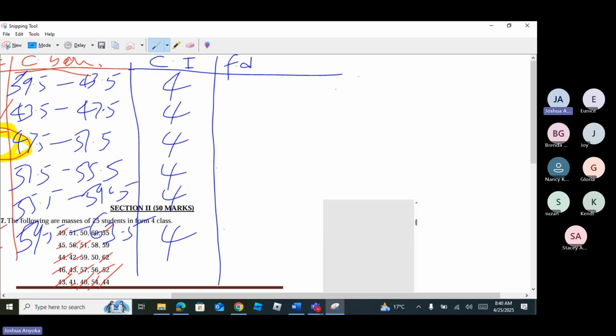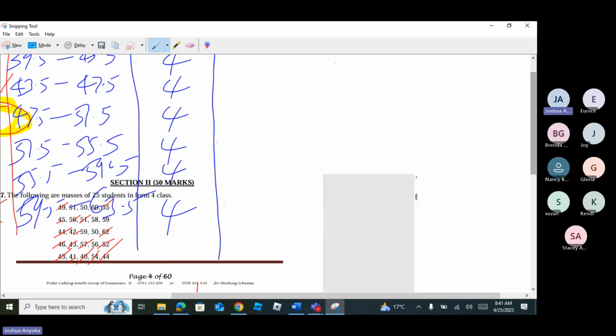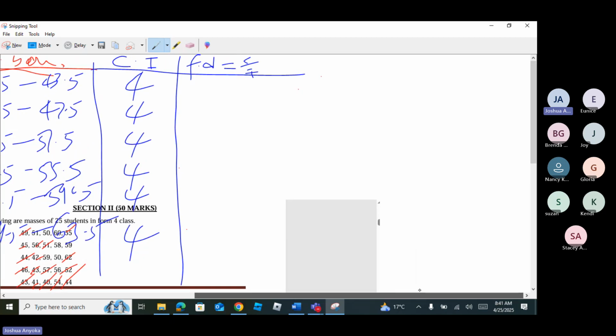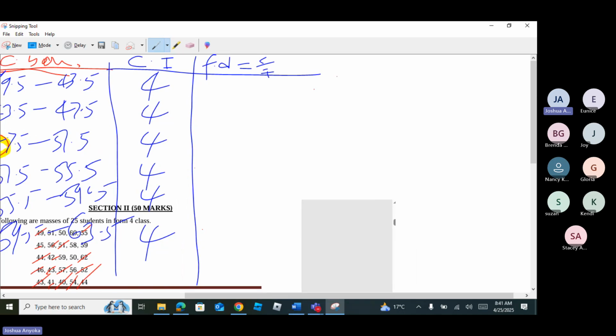If the class intervals are non-uniform, we need another column for frequency density, where we said frequency density is equal to the frequency of the class over the interval. So in this case, we don't need frequency density because the class intervals are uniform. So we go ahead, then we draw our histogram